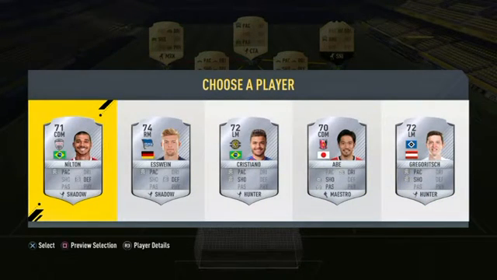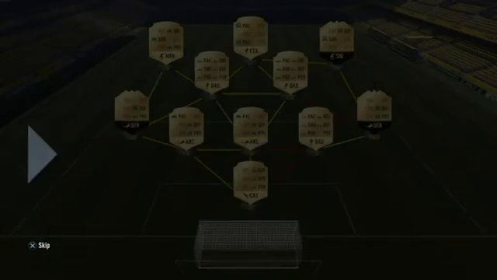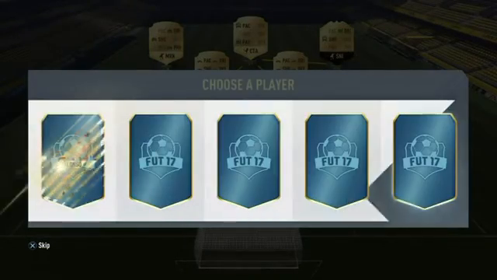S-Fine. God, he used to be class on FIFA. Never played him, but he might be decent. And he's got a Shadow Chem style on him, which is quite good. And we do indeed go for him. The next pick is